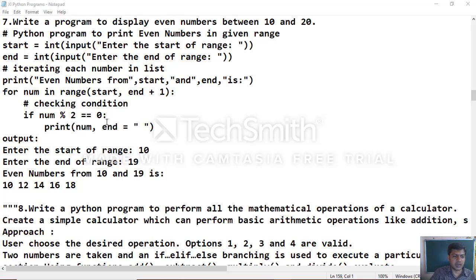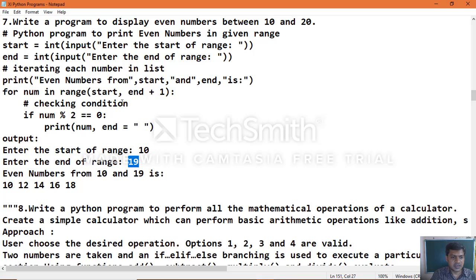You can see the sample output, the way you can make use. Enter the start of range. Start range is 10 and end range is 19. So what happens here? Range function 10 and 19 plus 1 means 20 will be taken, but 20 will not be considered. The end value will not be considered; till that value minus 1 will be considered, which means up to 19.